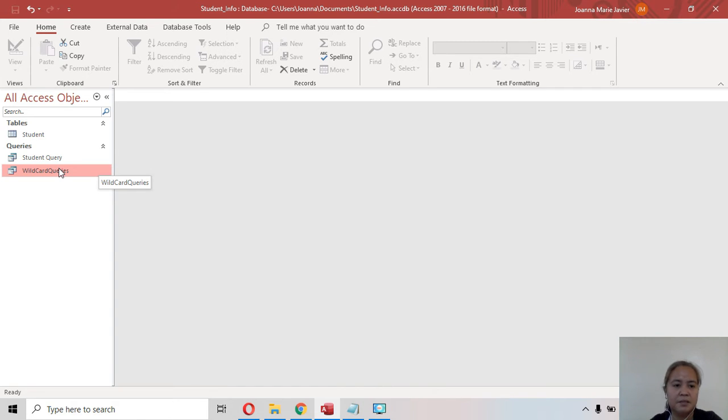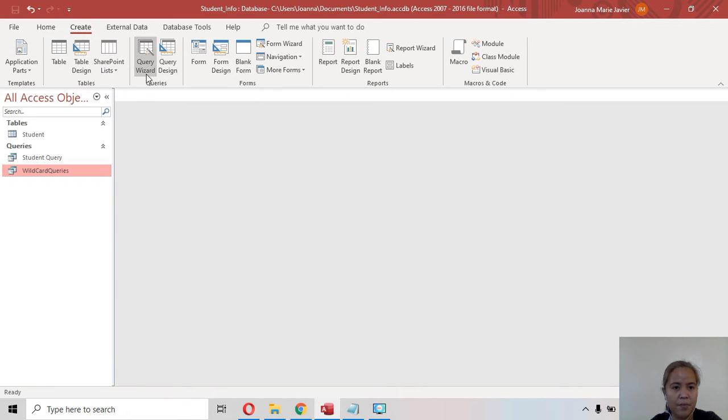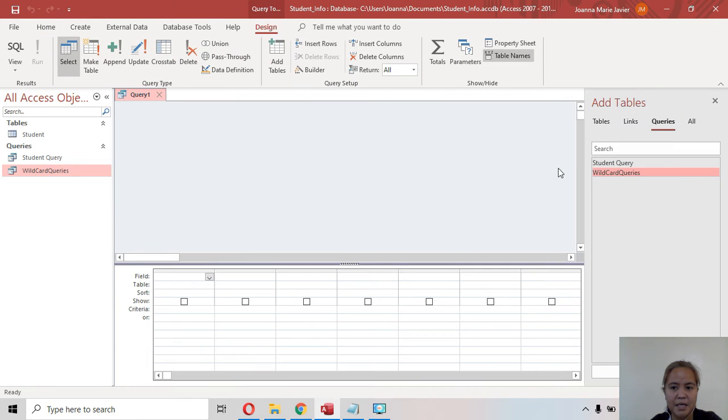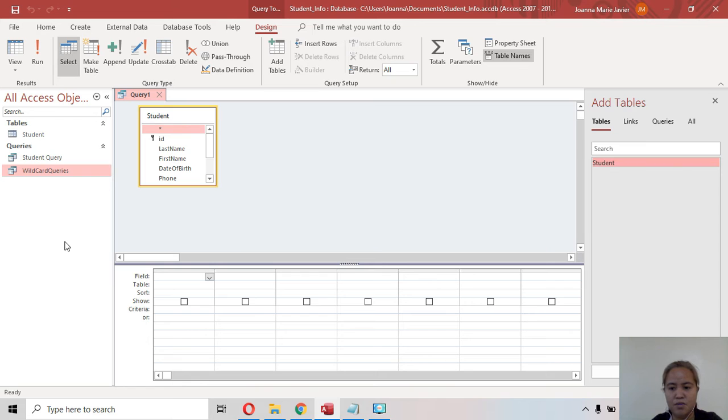Now, next, let us use the calculated field. Let us create again the query and then query design. Of course, kailangan natin si table and then student. Kasi yun yung mga kailangan natin. Okay. So, we will be using last name. Just double click first name and the date of birth. Now, ang gusto natin ay